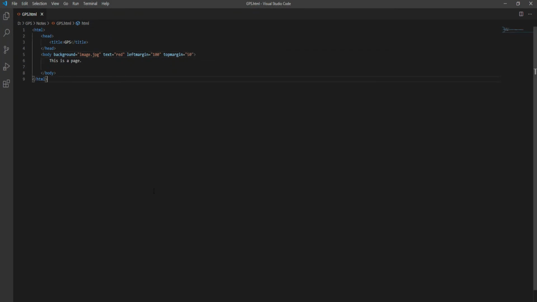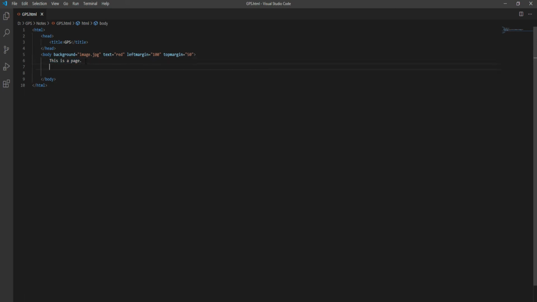Now let's discuss this text. This is the basic concept of background, the basic concept of a web page: how we can set the margin, how we can set the background color, and how we can set any particular image in the background of the web page. Now let's discuss this line. What is this line? This is a text, this is content.